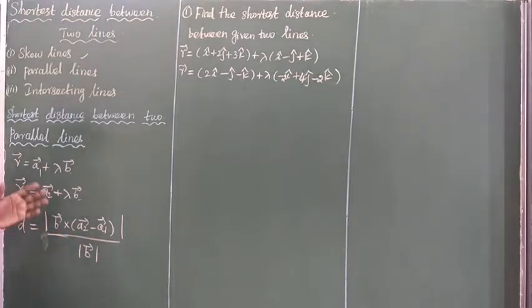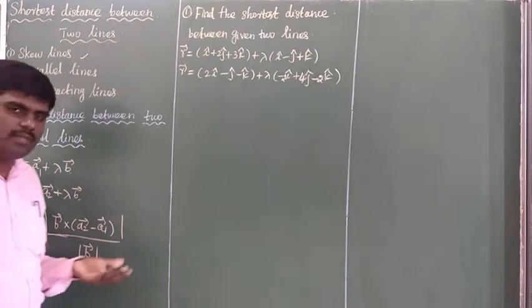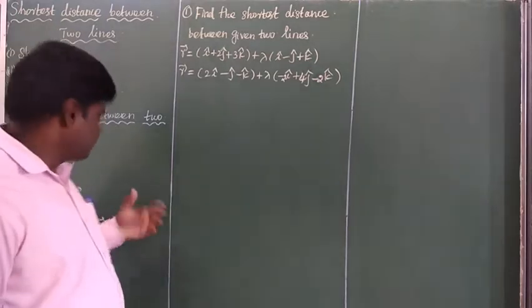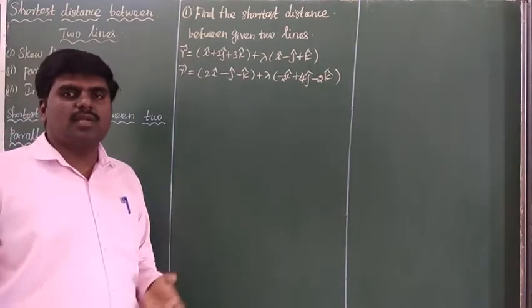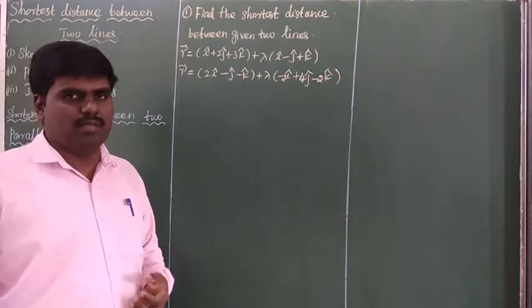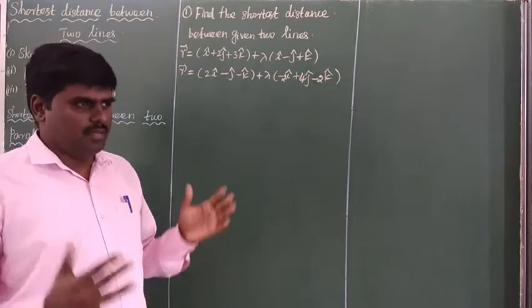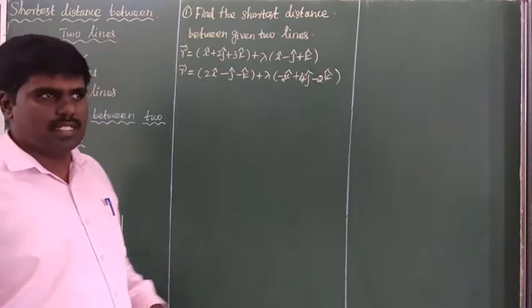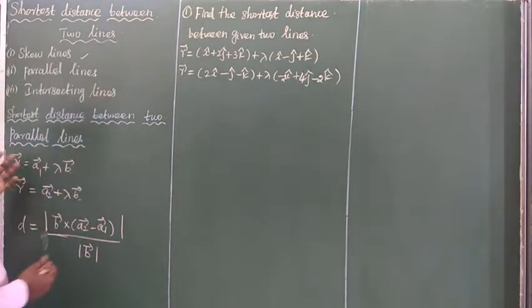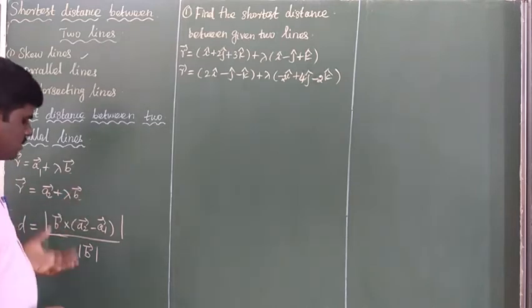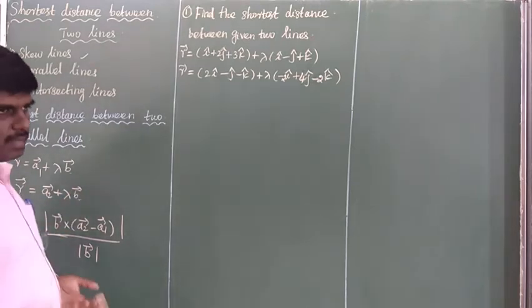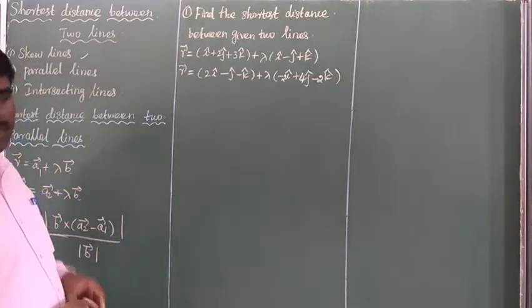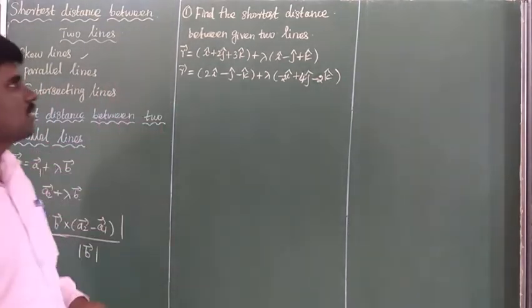We discuss only the vector form. Suppose the given problem is in Cartesian form, you change the problem to vector form and use the formula. Vector algebra has many formulas and many results, so please avoid unnecessary formulas and learn the major ones. Clear? I will give a problem on the shortest distance between two parallel lines. If the problem is given in Cartesian form, you change it to vector form and solve. So this concept is based on a small example.